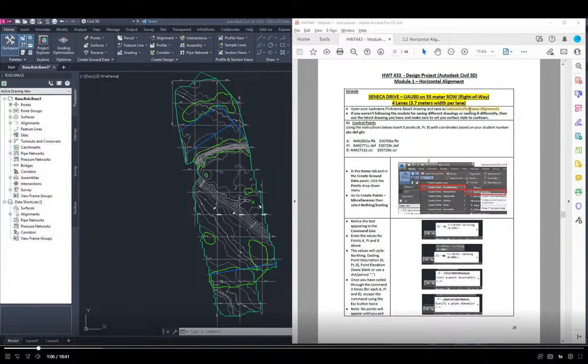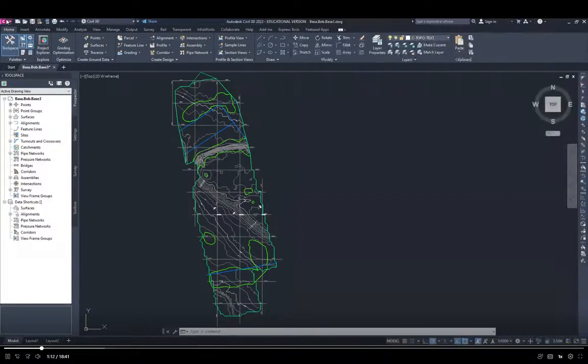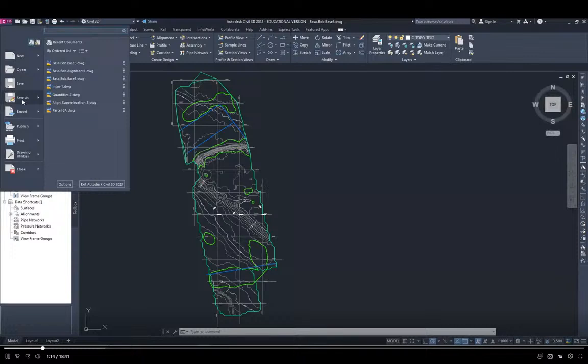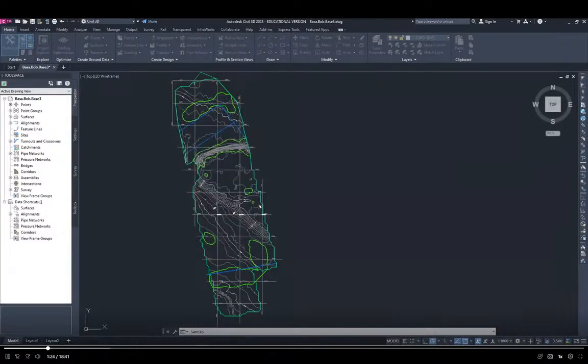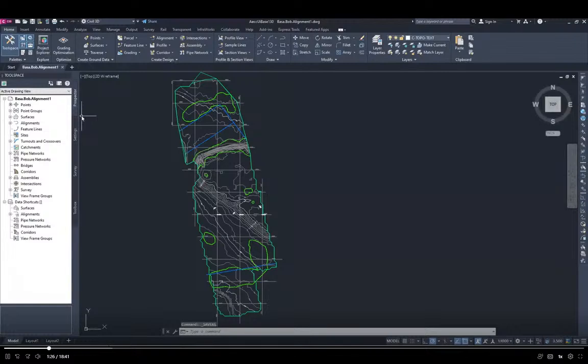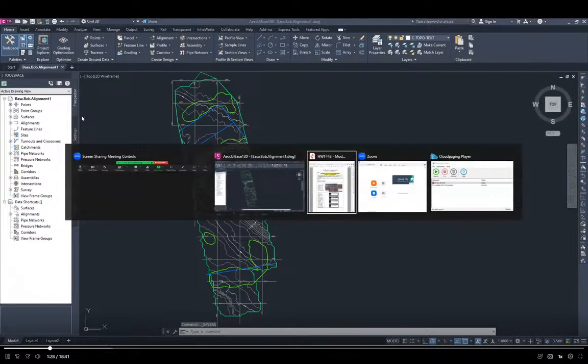So we're going to start first by saving our diagram as a new iteration. We're going to go to the top corner and Save As, and this is a brand new iteration. This one is going to be called Alignment 1. There we go, Alignment 1. We're going to save it as that. Wait till it pops up. There we go. And now we're going to place the points